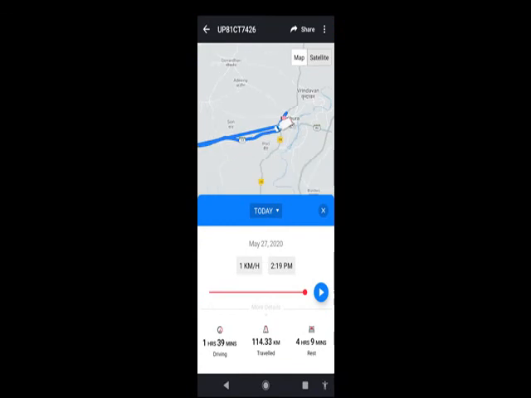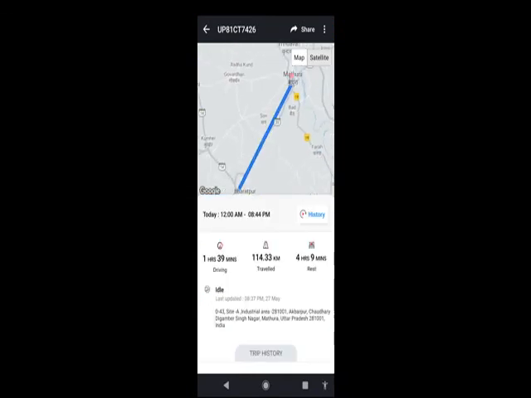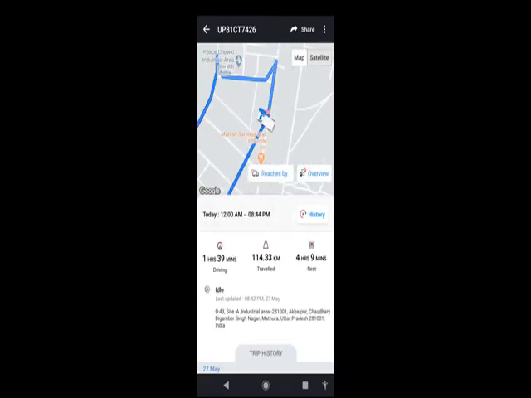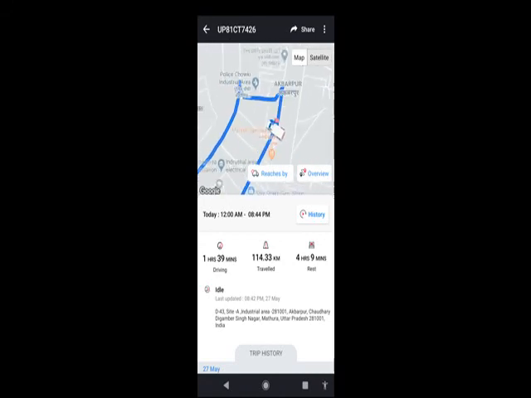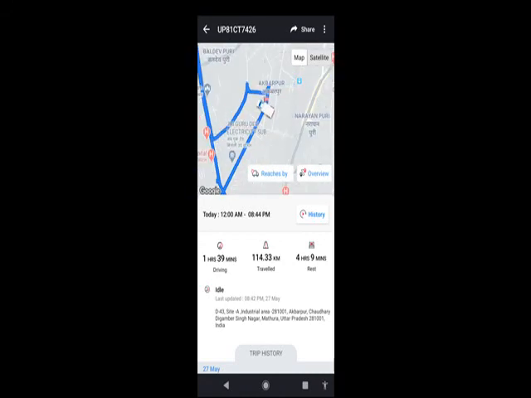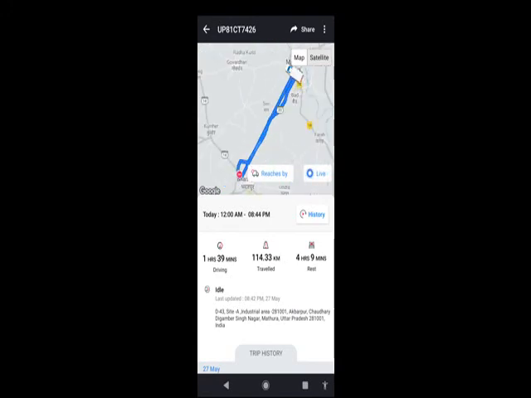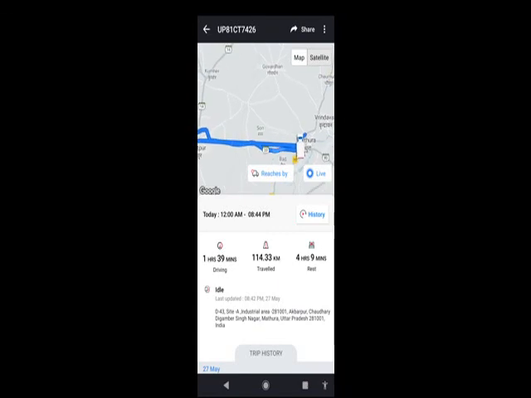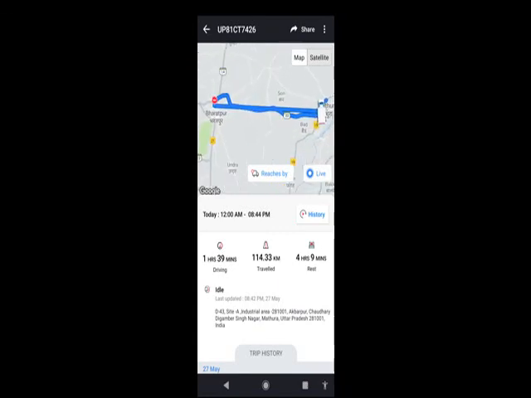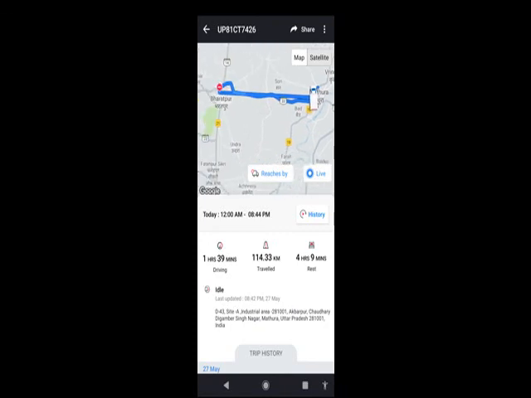and one more thing. Yes guys, you can also click on overview and check the overview of your vehicle from starting point to end point. Okay, my vehicle moves from Bharatpur to Mathura. Okay guys,